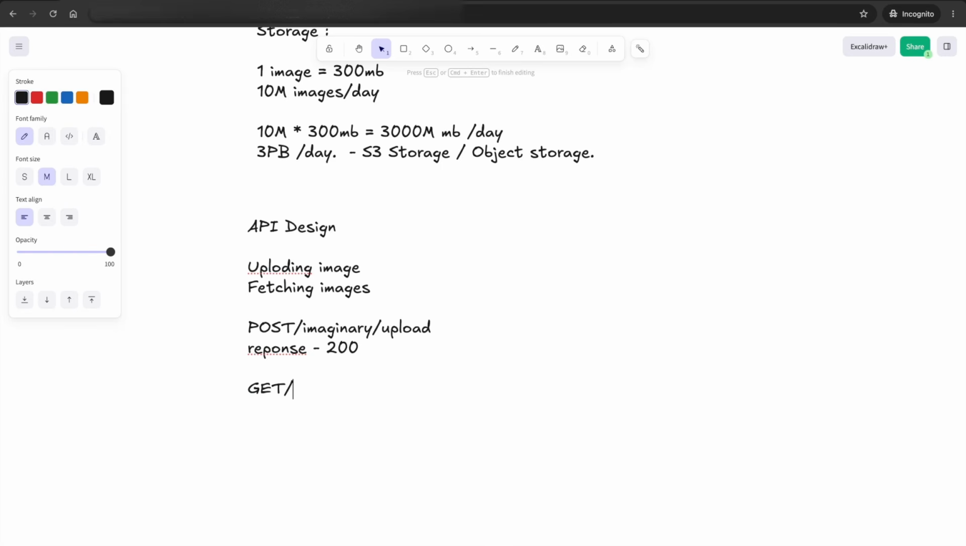Another thing is we also need fetching images. It's a GET API, where we are getting panorama images. Here we can pass the latitude and longitude, whatever it is, and in response